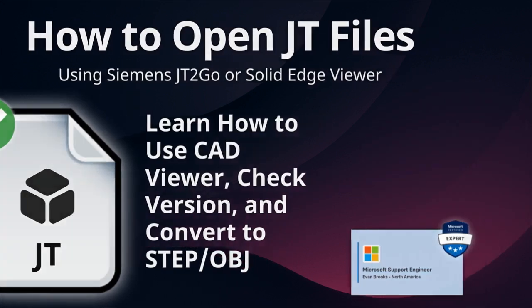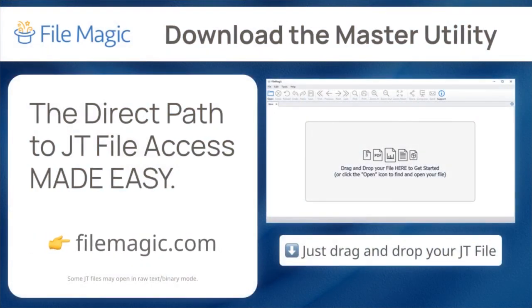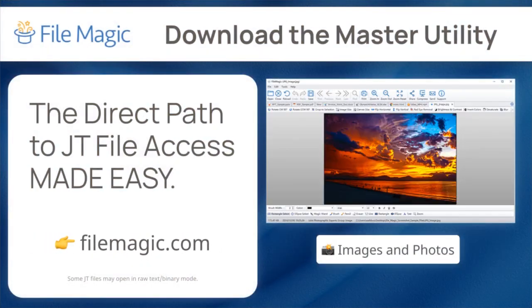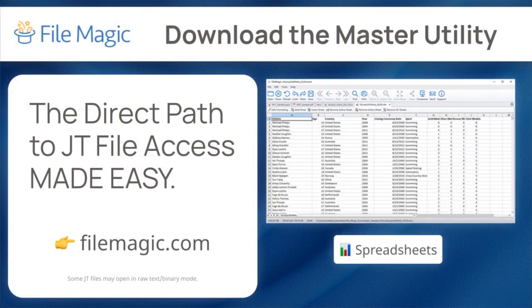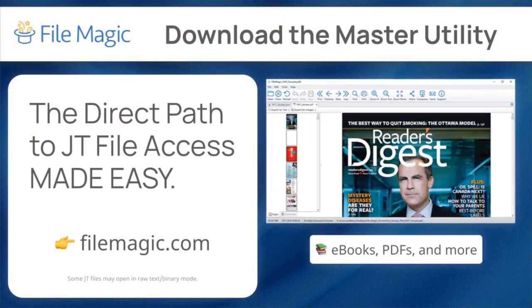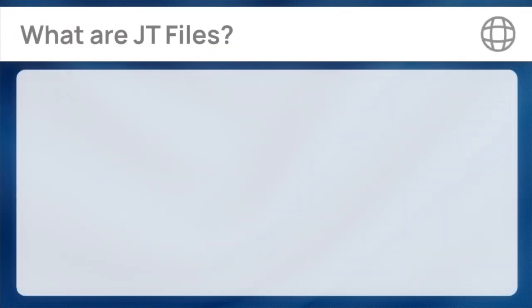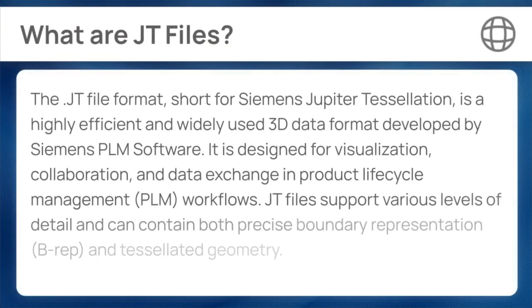Here's the viewer. Preventative action: I strongly suggest keeping a universal file reader on standby. It often gives you access to the contents even when the JT format fails. More on this later. The JT file format, short for Siemens Jupiter Tessellation, is a highly efficient and widely used